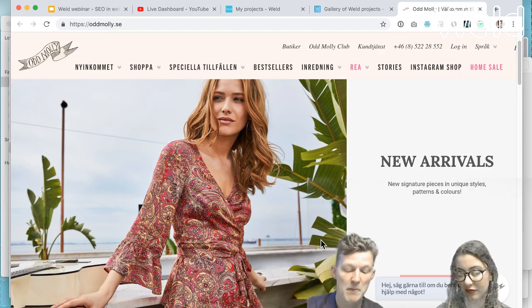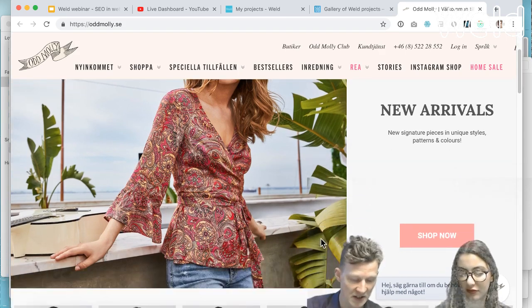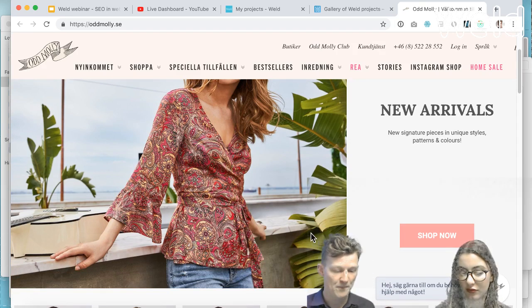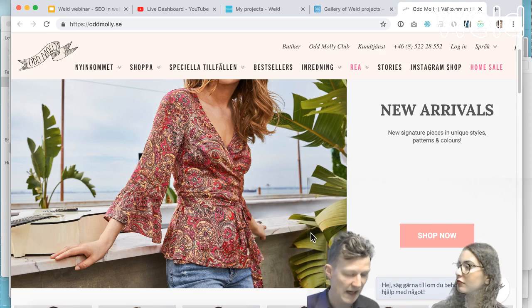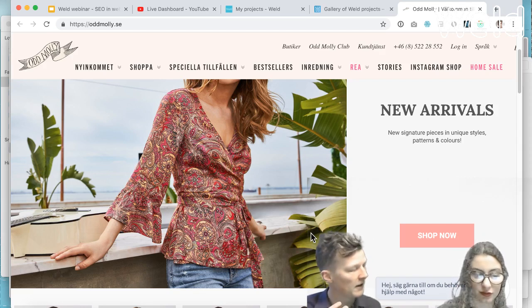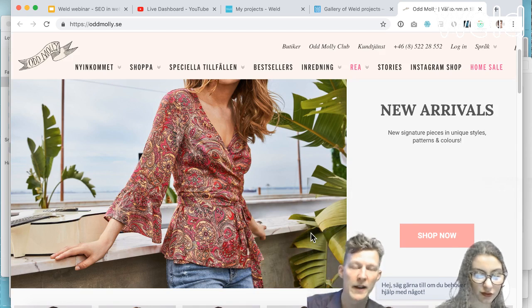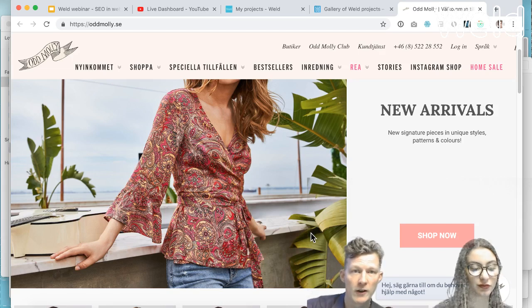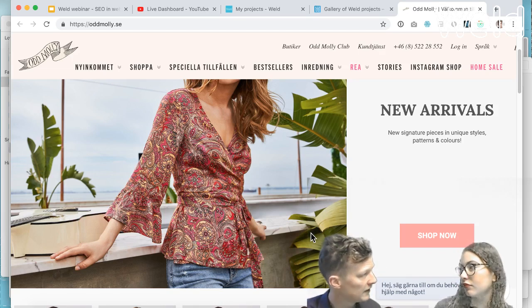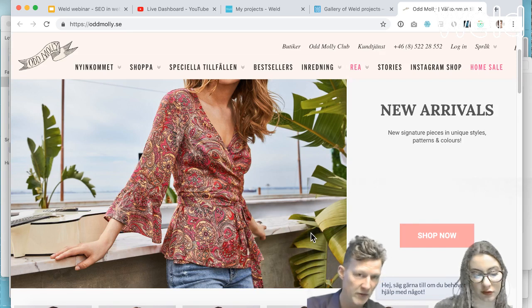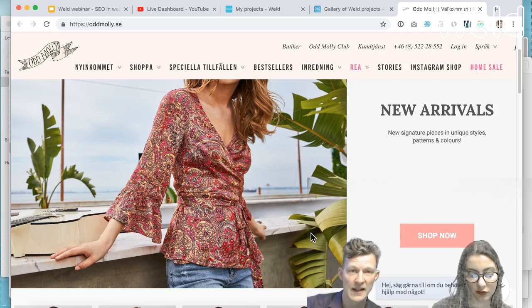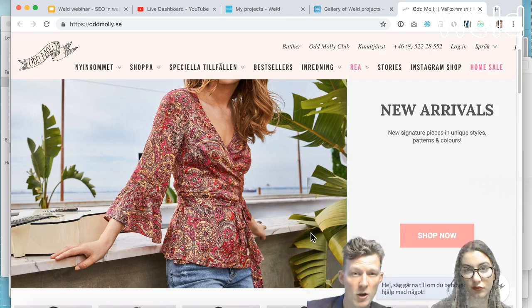I mean, it may sound simple, but I see a lot of e-commerce companies still using that. They use text in Photoshop and type text, and it becomes a big image with the text embedded, and that makes it harder for Google to find the content, the text that they're using. If you're, for instance, describing a product and that description is actually part of the image, it of course becomes much harder for Google to